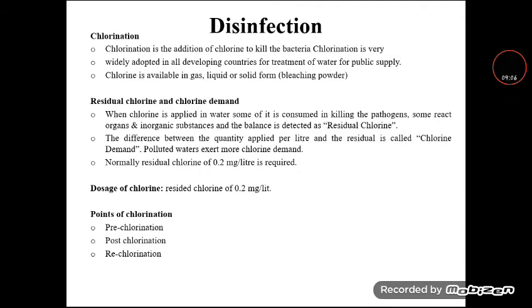So the next unit process is disinfection. In this disinfection, we kill the infective bacteria, that is, the pathogenic bacteria present in the water, and by doing this process, we make the water safe for drinking purposes. After completing all the preliminary, primary and secondary treatment applied over the water, finally we do the disinfection process. So we require a good disinfectant to do this.